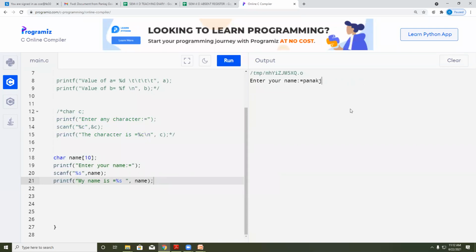Here I am going to type the name. How does it go to the next line? See, for string it takes the next line automatically. For your concept, it should not be like this.